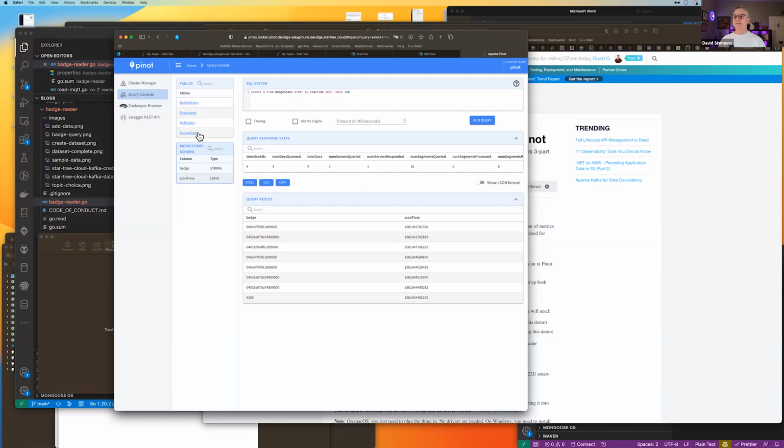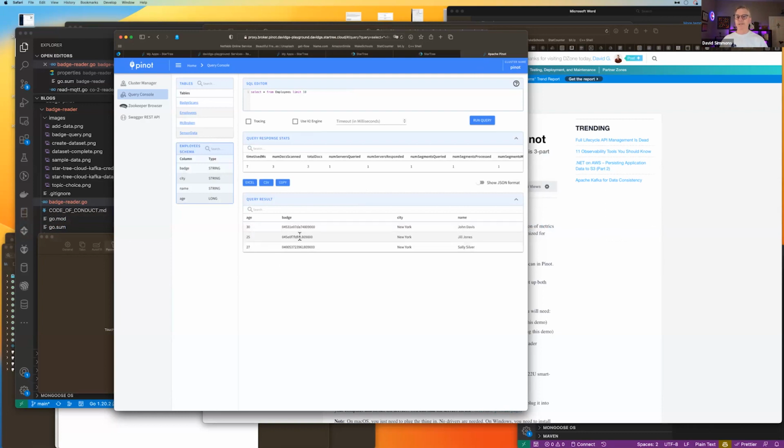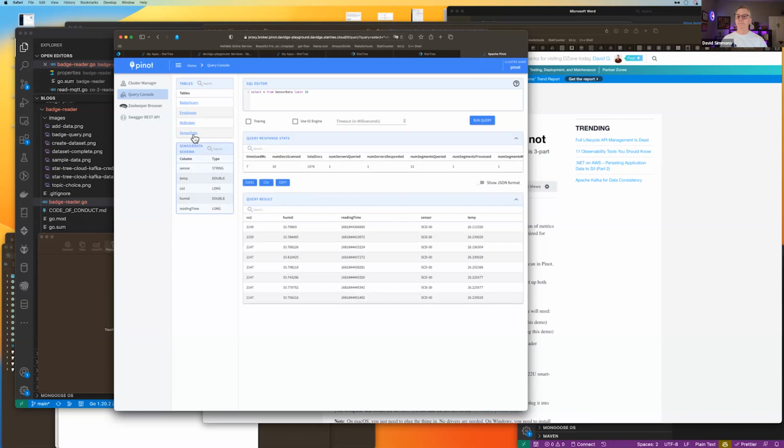So what you'll see, I have these tables in here, and I have this simple dimensional table here that is just an employee's name and their badge number. And then I made up some other stuff about them, right? Doesn't matter. And then I built this contraption here, which is an environmental sensor. So it reads CO2 and temperature and humidity in real time. And if we go and look at our sensor data,